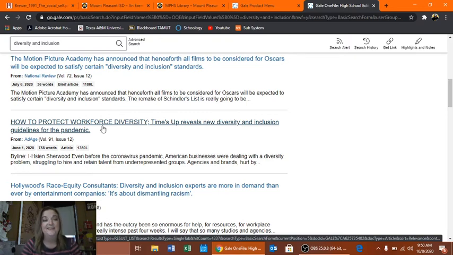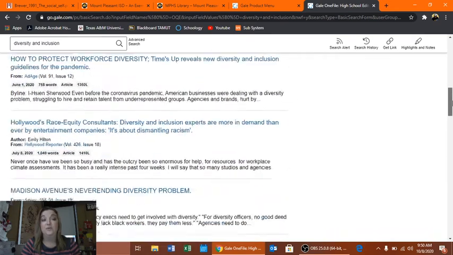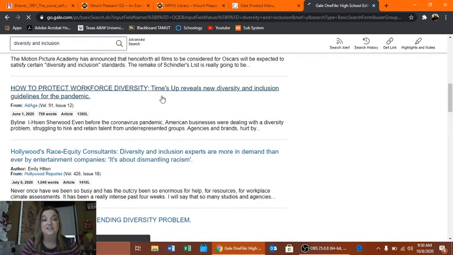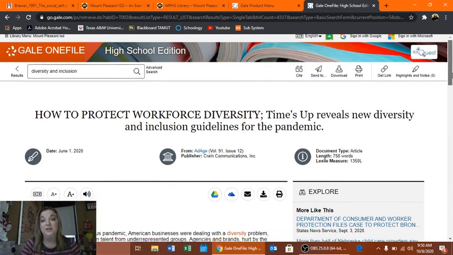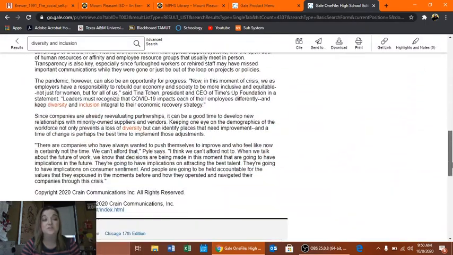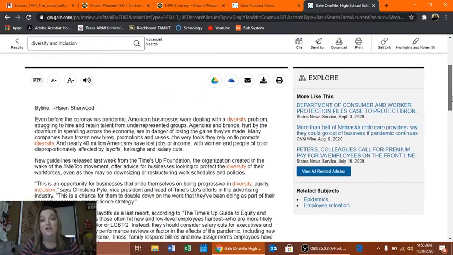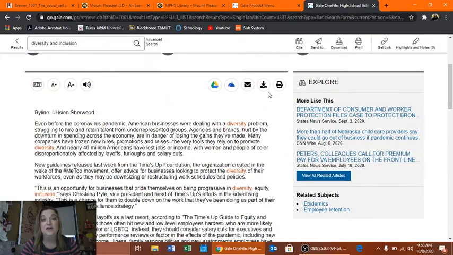There's the bell. So essentially, I go through here and I find an article that I want to use. Once I find it, I click on it. I read about it to kind of make sure it still might be something I want. And this one's pretty short, so it looks pretty good, right? And then all I have to do is download it or print it directly, either way. It will also read it to you if you want to have it read to you. And then you can view all related articles to it right there.